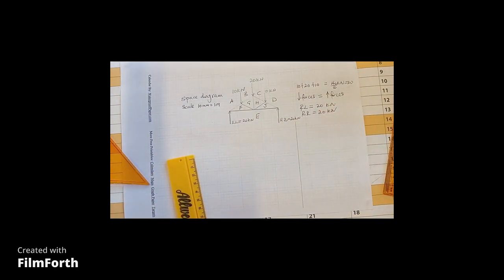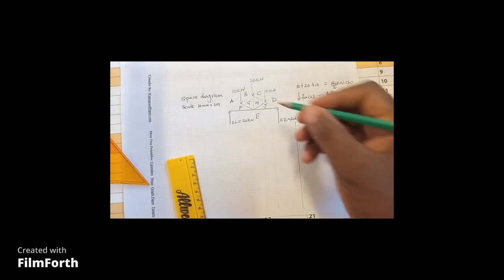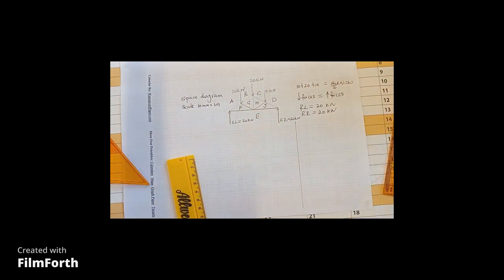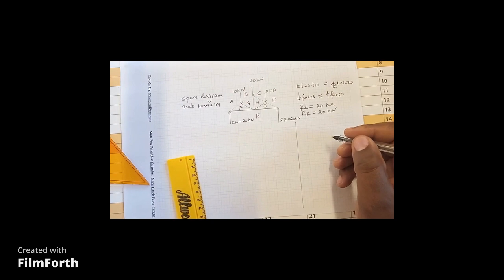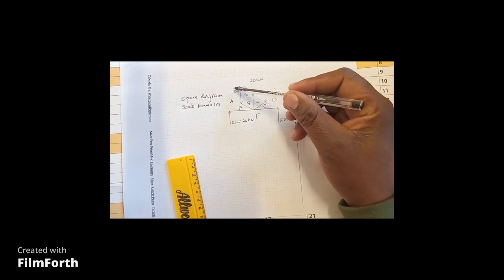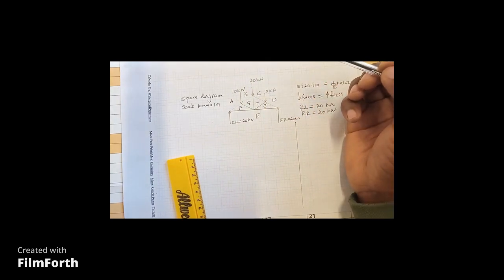I'm going to decide on a starting point, which is fine. I can choose this point, which is going to be my A. Right, and I know that from A to B it is a 10 kilonewton force. So simply here, what I have to do again is to make sure that I come up with a vector scale that I'm going to use here. So I'll decide upon a scale. If this is 10, we have 20, we have 10. I can use a scale of